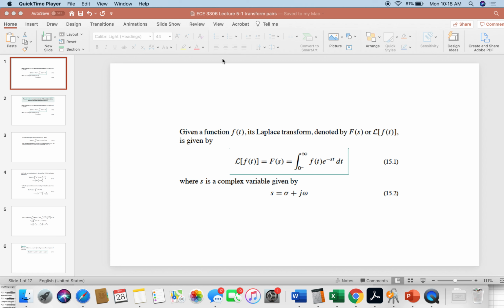In this video, we want to look at some transform pairs, which is a bit of a review over the Laplace transform, but also I want to look at some of these transform pairs with respect to thinking about how we're going to inverse transform. So let's go through this brief set of transform pairs and examples taken from your textbook,